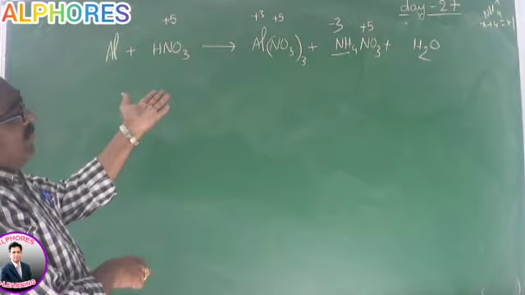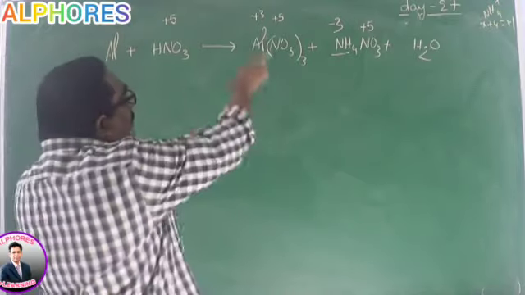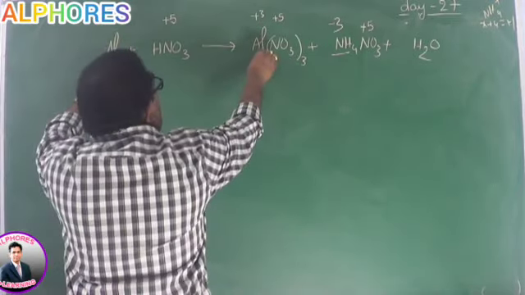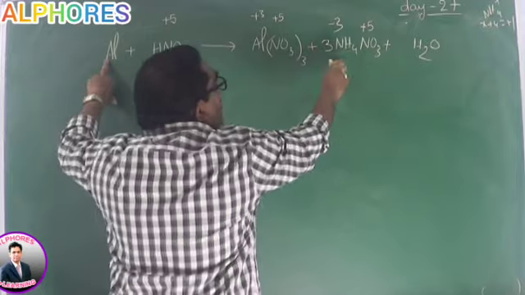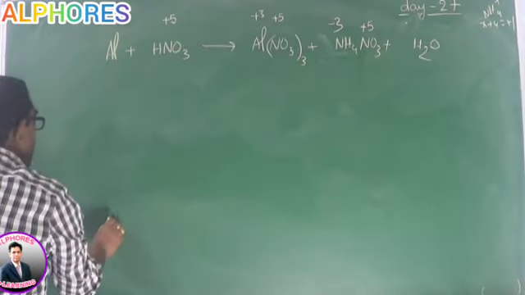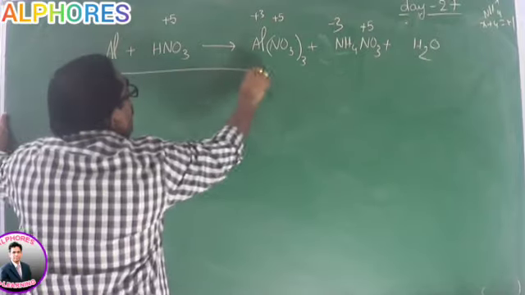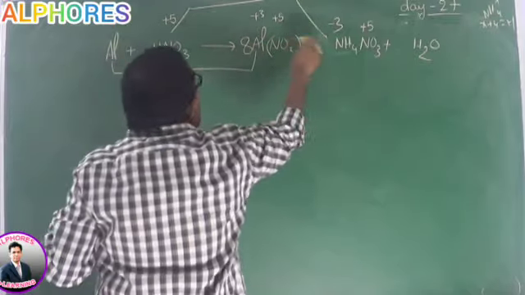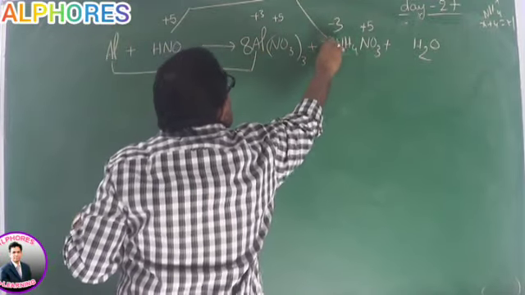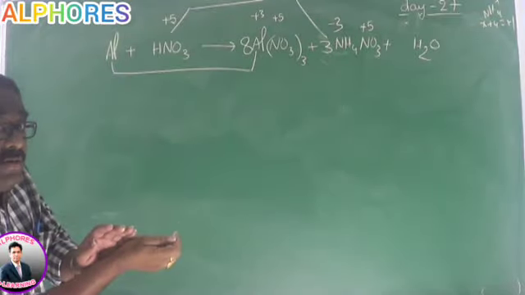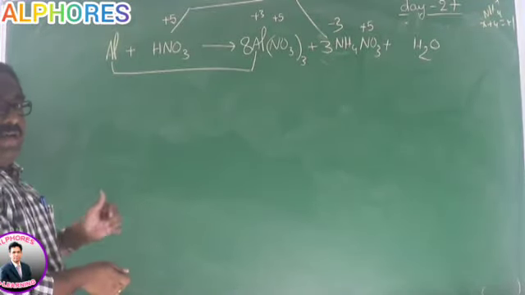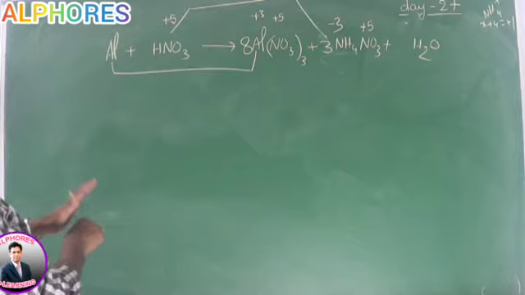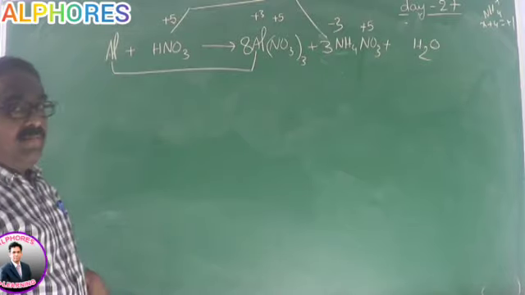Let me do the balance with respect to right side changes. Please concentrate. Here I am writing aluminium 0 to +3. This is +5 to -3. 8 I will write here, and this change is 3, I will write here. I reverse the coefficients towards the product, not towards the reactants. Why am I doing like that? After 2 minutes you will understand. Let me balance now. 8 aluminiums.